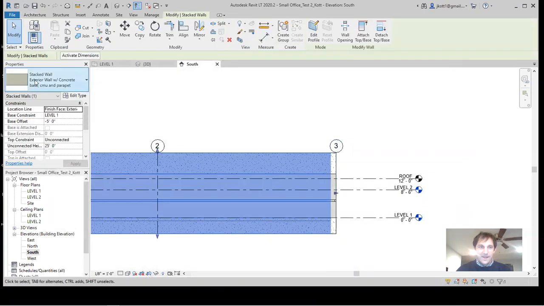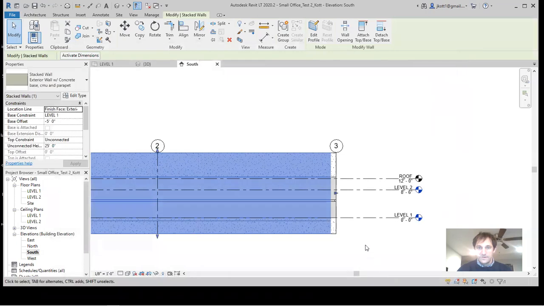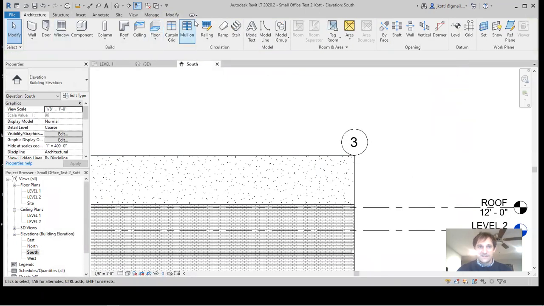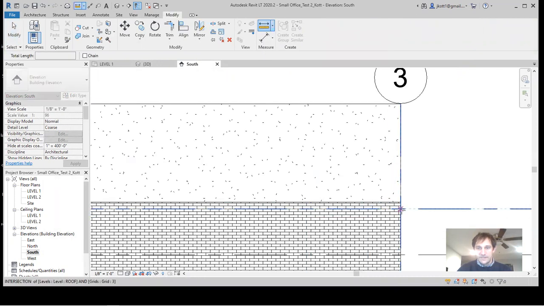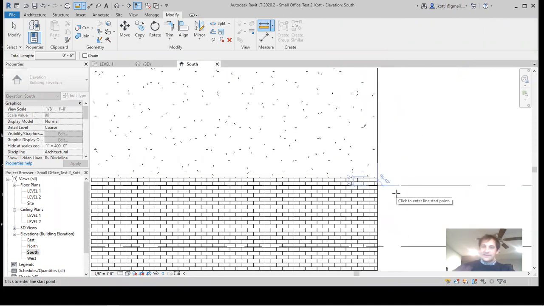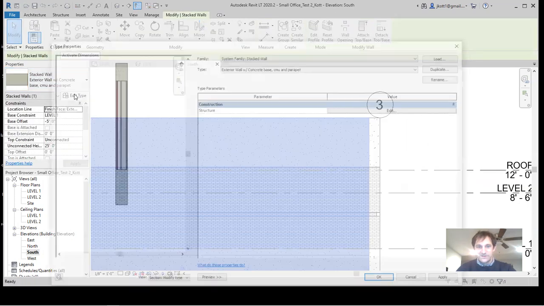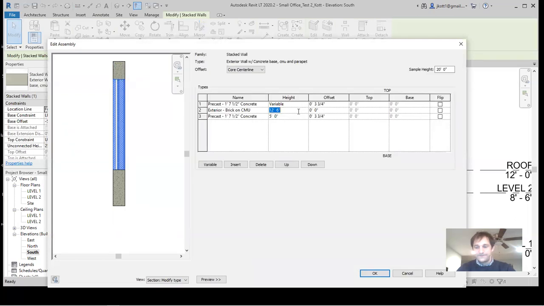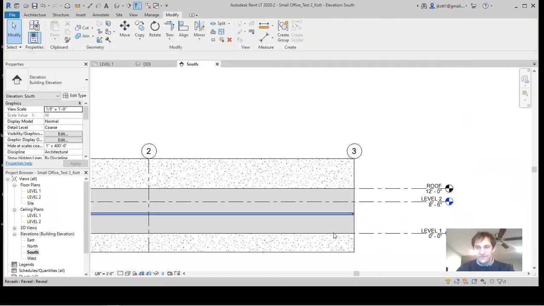Still too high. Edit one last time. Take that to 12.5, and I think we're good there. We're still off. Easy enough to fix this. We can just go into modify, measure between 2 points, and we'll pick the level and the beginning of the parapet. The parapet starts at the roof. So we will just adjust this wall to be at 12 feet. Because it's actually at the true level. So now you have level 2, roof,